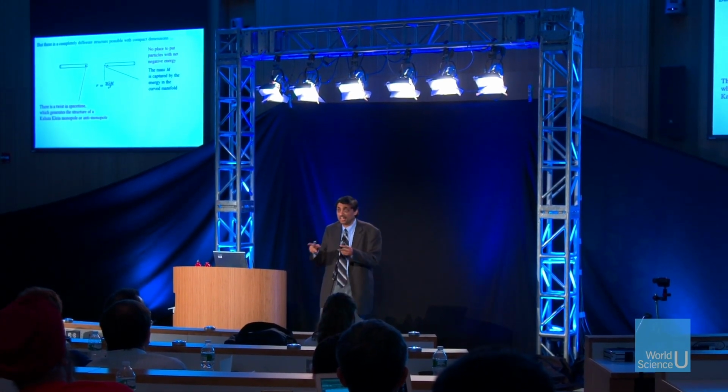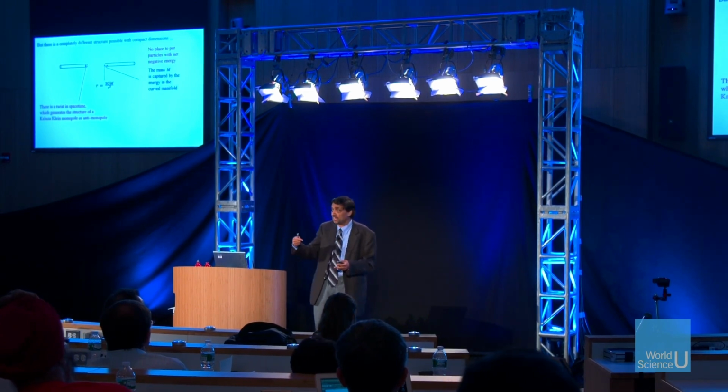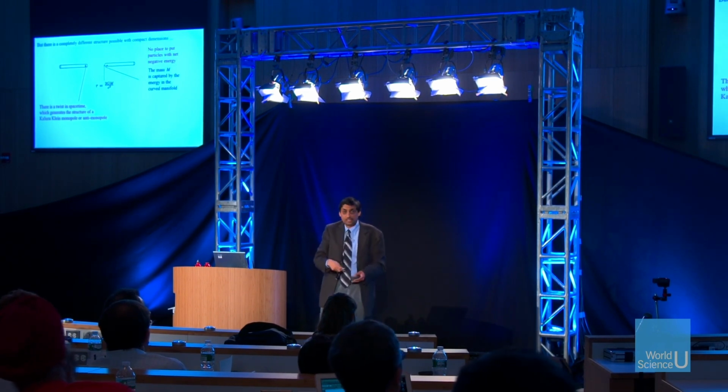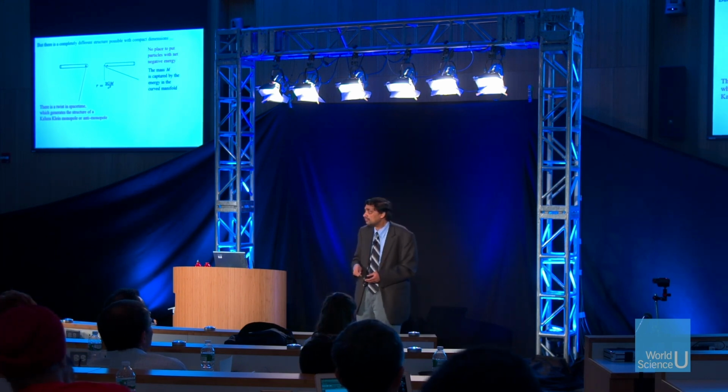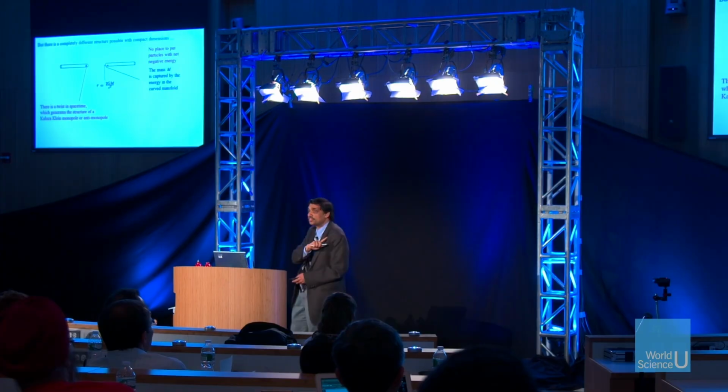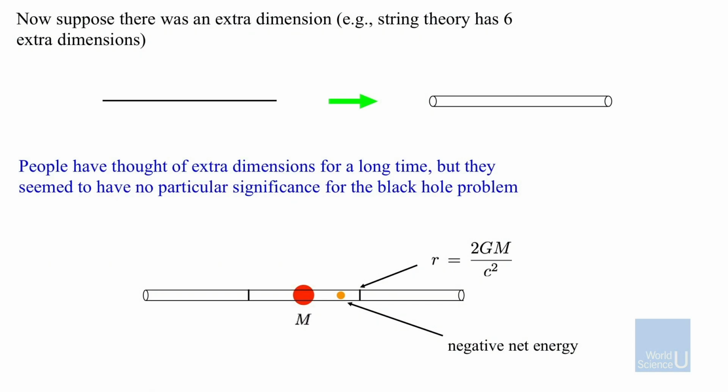If I just had a line and I threw off the middle segment, when I come to that endpoint, I will fall over. But if I had an extra dimension, I have this smooth cap. I come here and I go right back here. And this is the actual structure of the black hole that you get in string theory. So if you actually take a lot of mass and you accumulate it, instead of getting the kind of picture I was showing you before, where you simply have all the mass sitting here, and there's a horizon, there's a region where you can put negative energy things, the whole thing morphs into something else because these strings stretch, they're going to change everything.